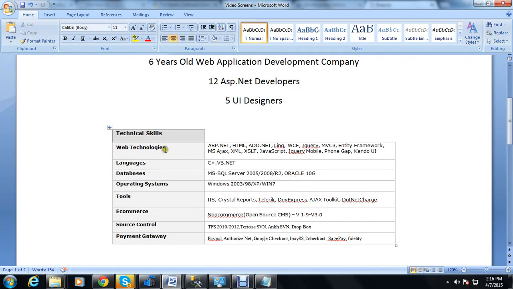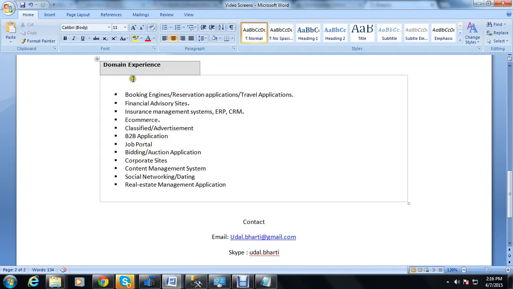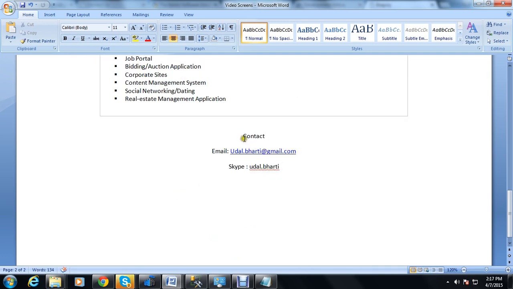We are experts in web technologies like ASP.NET, ADO.NET, LINQ, and in these domains: booking engine, reservation system, travel applications, financial advisory sites, e-commerce, classified advertisement, B2B application, education portal, corporate sites, content management system, real estate management applications. If you want to contact us, you can email us at udal.bharti@gmail.com, or Skype at udal.bharti. Thank you.